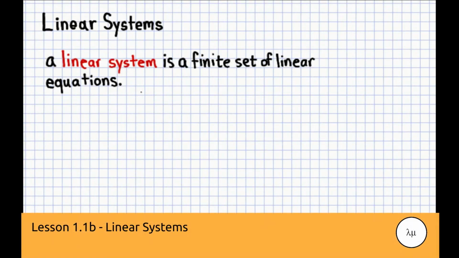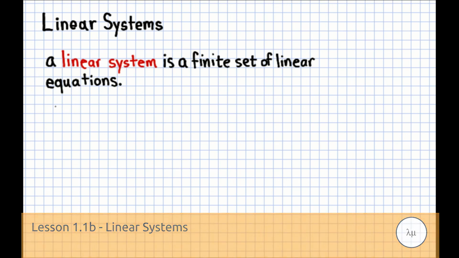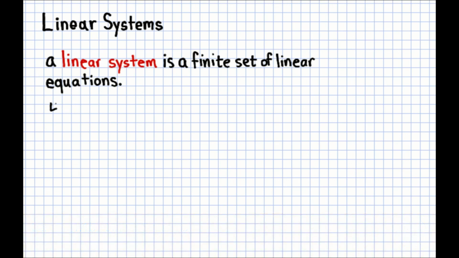In this lesson, I want to talk about linear systems. A linear system is a finite set of linear equations. So, for example, if I have 4x1 minus x2 plus 3x3 equals negative 1, then that equation by itself, even though it's a single linear equation, is a